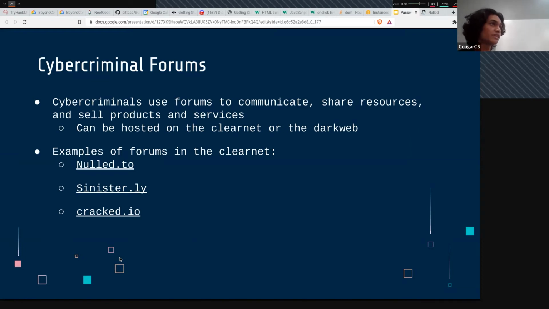And if it succeeds, that means you have a valid combination. So what people try to do is automate that. They throw thousands of combos at a website every second